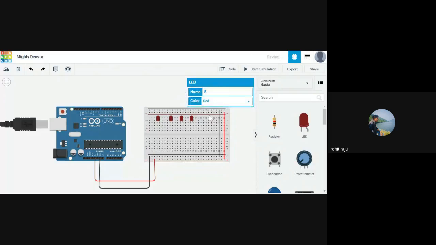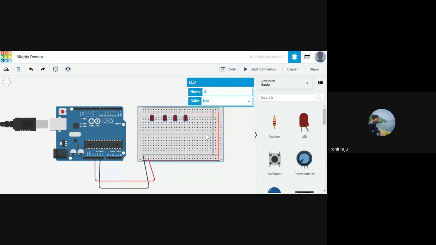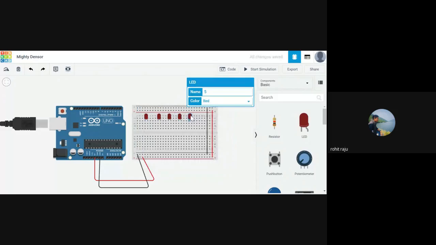Yeah, it's actually blocking the view. You can bring it in.